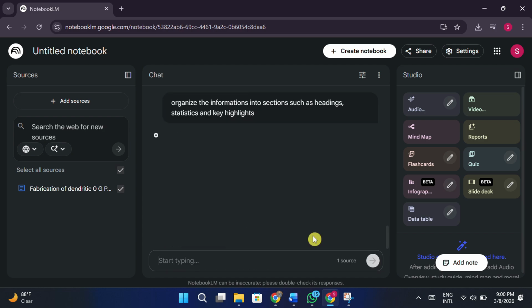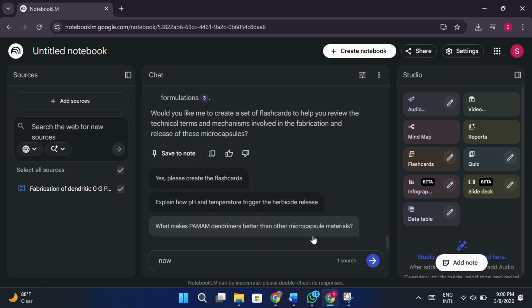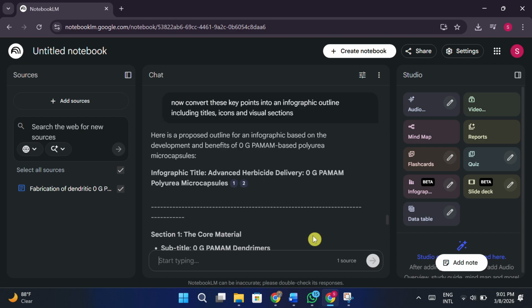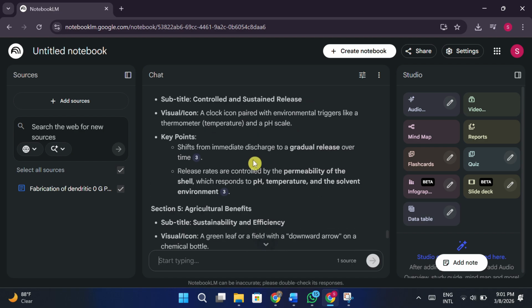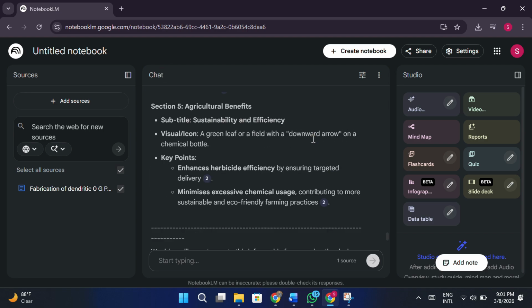Now request NotebookLM to convert those key points into an infographic outline, including titles, icons, and visual sections. Once the outline is generated, copy the structured information provided by NotebookLM. Finally, paste that outline into a design tool like Canva or Adobe Express to quickly create your infographic using the